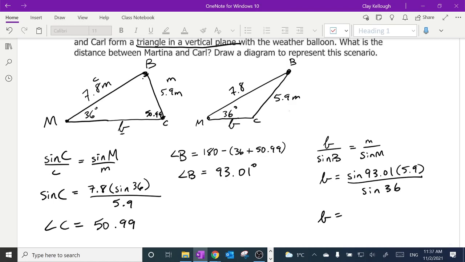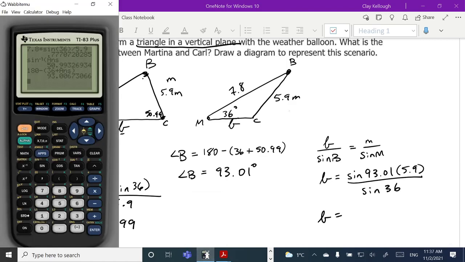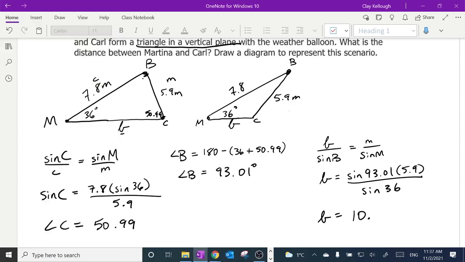So side B is 10.02. So they are either 10.02 meters apart,